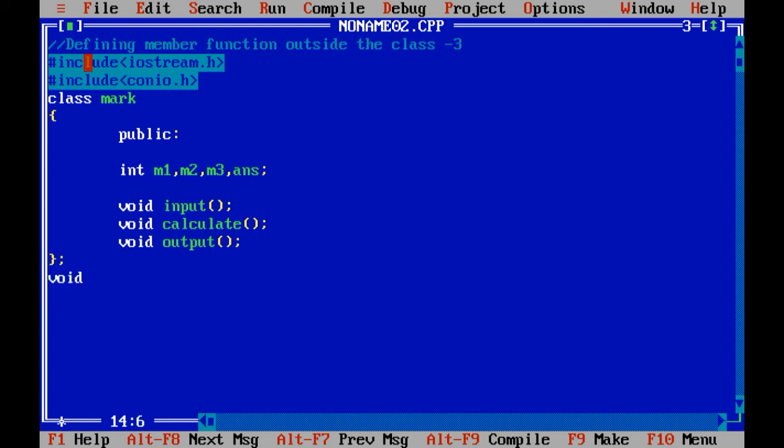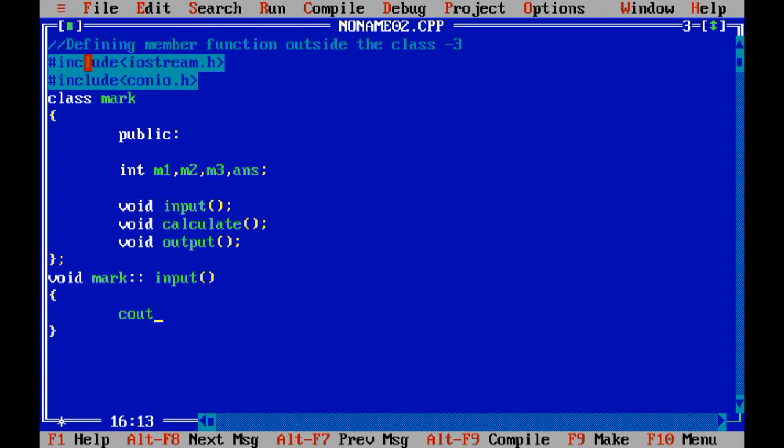Now void. What do I need to write over here? I need to write the name of the class, that is mark, the scope resolution operator, the input function, and the function brackets.